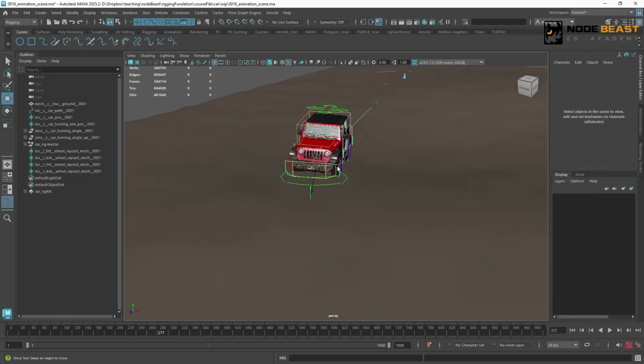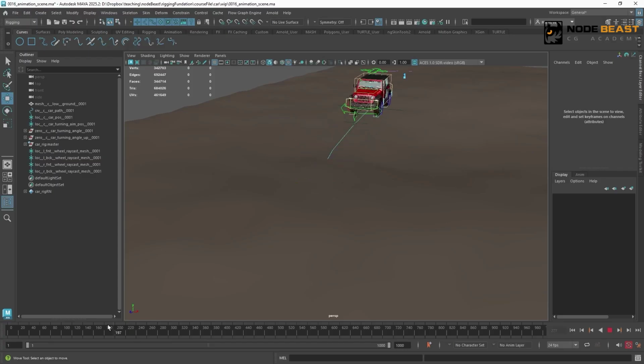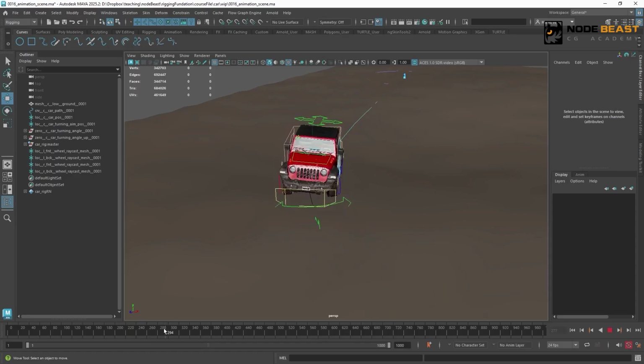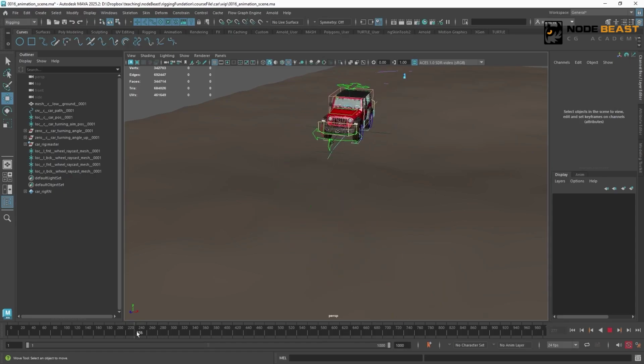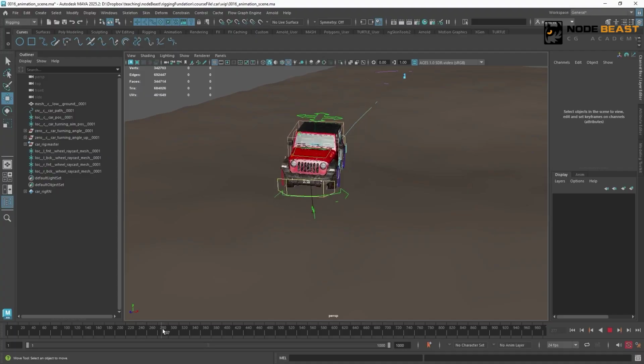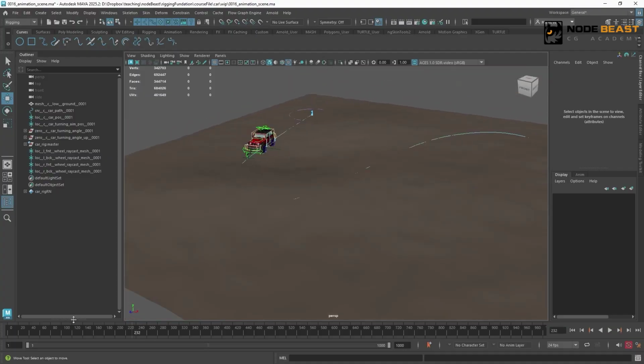And because in the car rig, the up and down movement of the car body and wheels has a linked effect, when we play the animation, we can see the car body will also produce corresponding swaying effects based on the different wheel positions. This way, our car animation setup is complete.